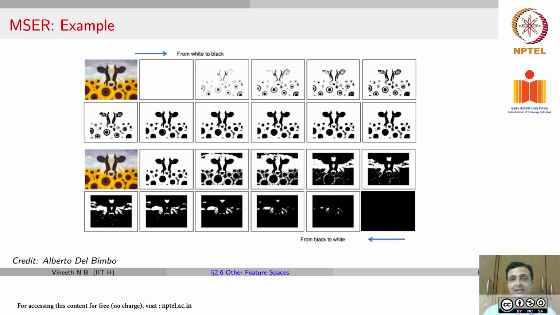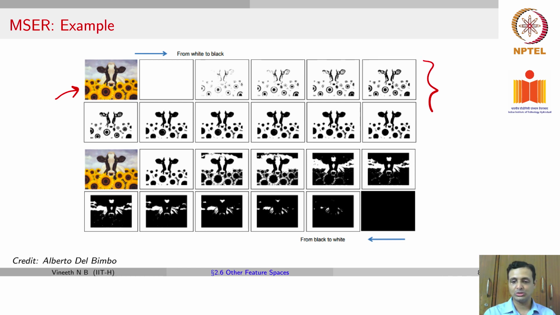Another way, we said that it could also be used as a blob detector, and here is an example for doing blob detection using maximally stable extremal regions. So given this input image, if you go from white to black or black to white, the top 2 rows depict when you go from white to black, and the bottom 2 rows depict when you go from black to white. If you go from white to black, you start with a high threshold, and then you decrease the threshold, more regions in black start showing up. You decrease the threshold, more regions in black start showing up, and the regions start merging, and you're finally left with, even as you change the threshold, when regions don't change, you know that that's actually a stable blob representation